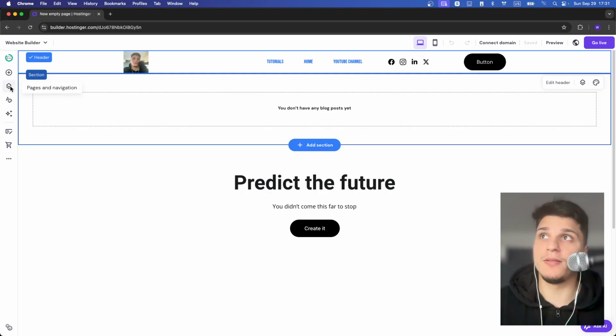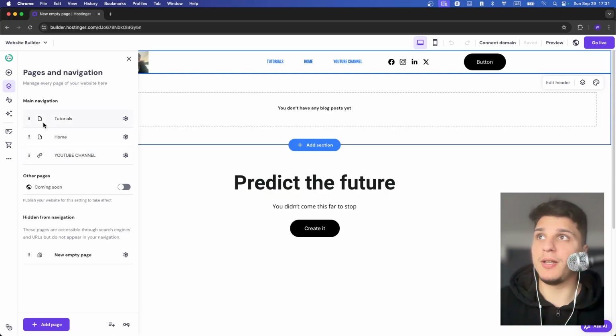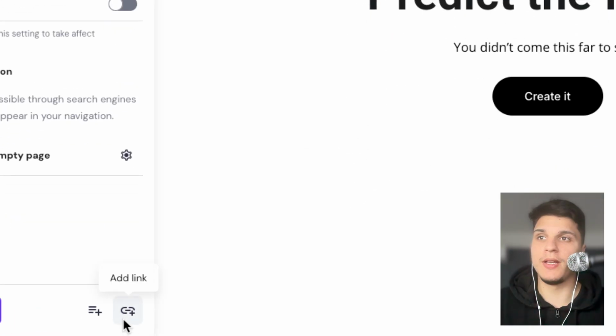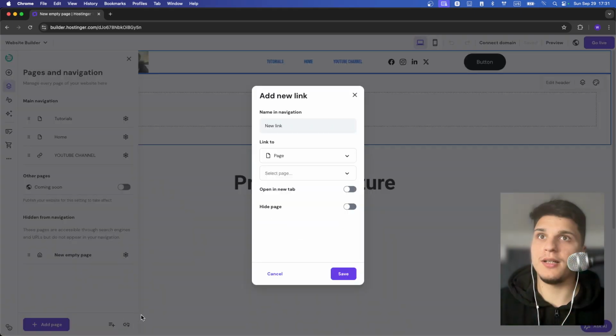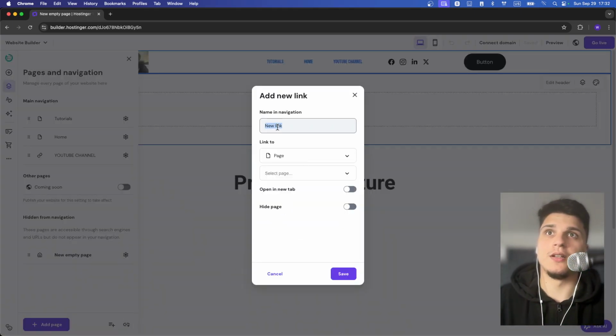So navigation menu, right? Here in the main navigation, we can add, let's say, a page, but we want a link. So in this case, we can click on this button. We can add a link. With this button, we can add a new drop down. And I will click on add a link here. I will name this link. Let's say I'll name this YouTube